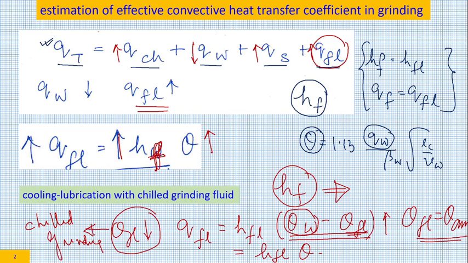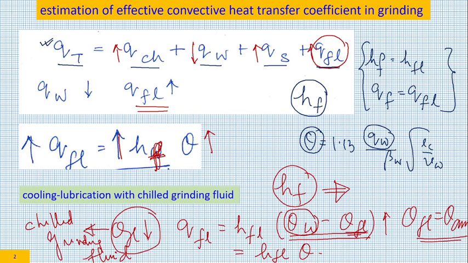Typically grinding fluid is used at ambient temperature. Ambient temperature in India on the grinding shop floor can be as high as 50 degrees centigrade. In the coolant tank, the temperature can reach 50 to 60 degrees because of churning action and constant use. So there one can put a chiller and bring down the temperature of the fluid to 6 degrees centigrade, and that would greatly improve the heat taken away by the fluid.